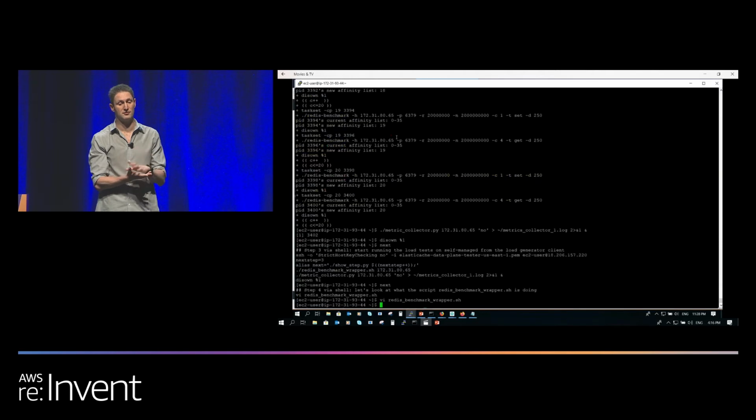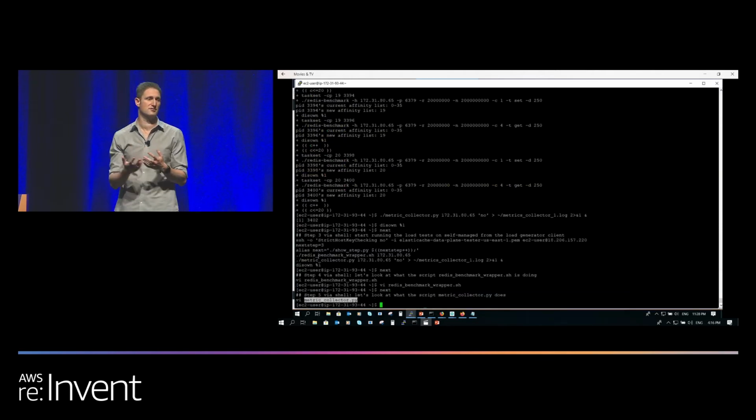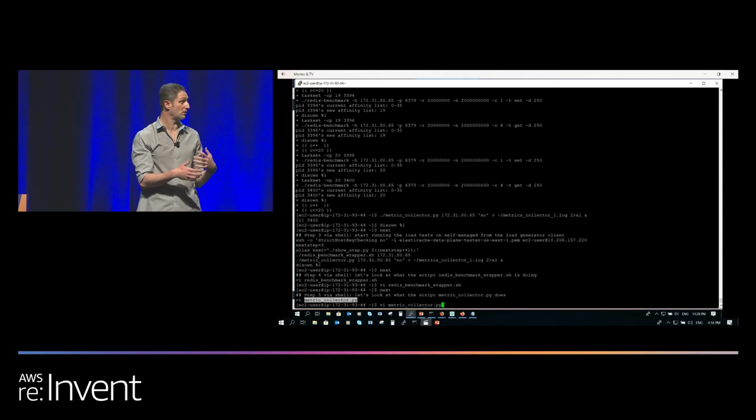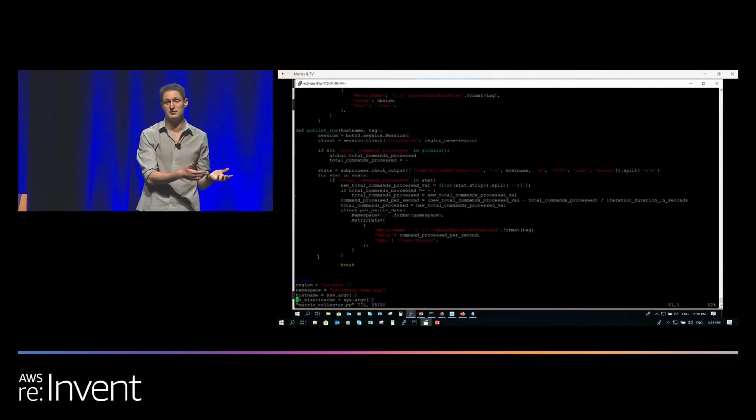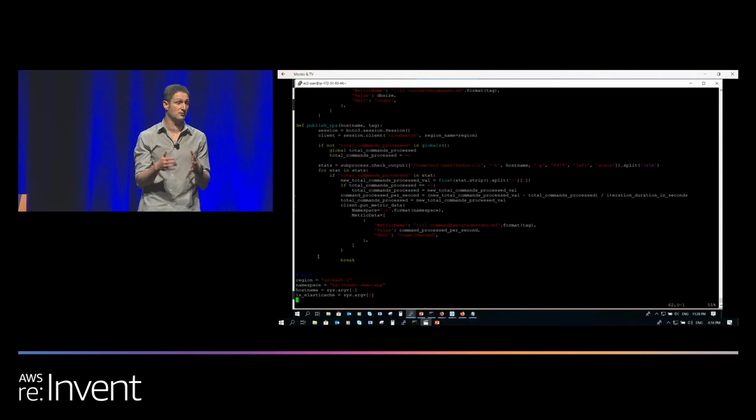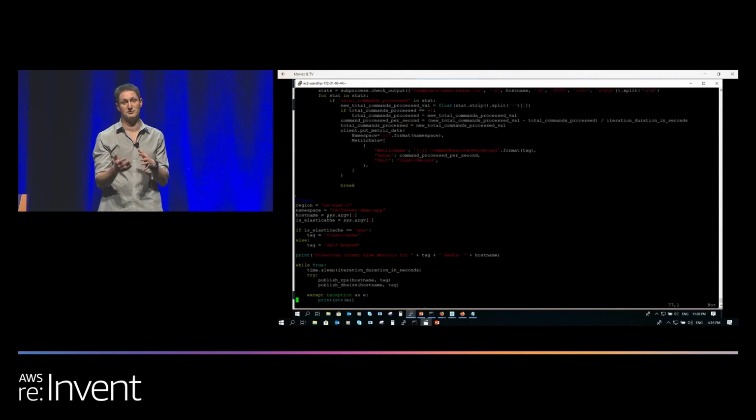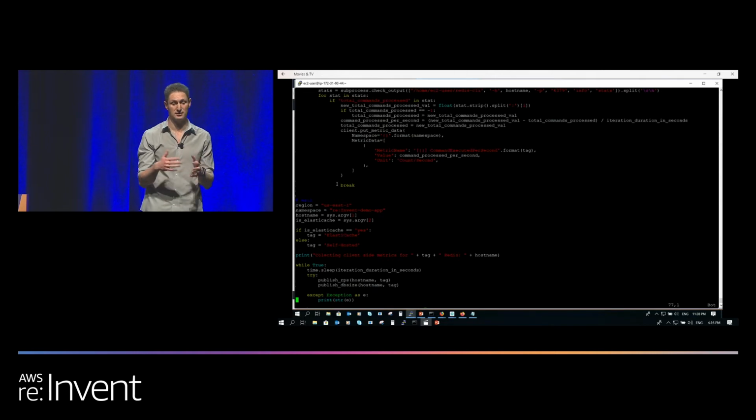So next, I'm going to look at the metric collector. When you use ElastiCache, you get a lot of server-side metrics. But in order to show this here in the demo, and I'm also using the self-managed, I'm using here client-side metrics. This is a very simple script, just very basic, just to show the performance that we're going to look at at the end of the demo. So you see I have here a loop.